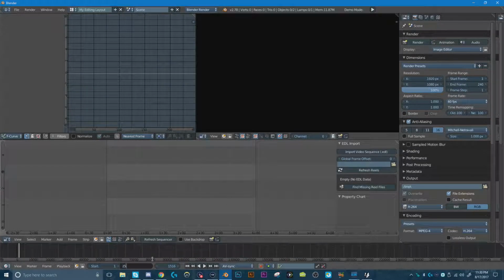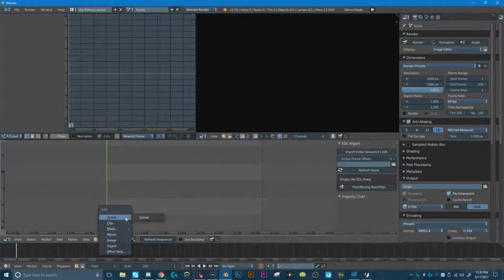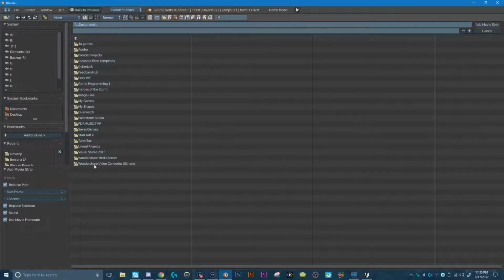Now, in order to import, you'd right-click in the channels, usually. In this case, it doesn't want to. Oh, no, you don't right-click. Excuse me. No, Alt-A will play it. So Shift-A. Yep, you can do Shift-A as the keyboard shortcut and go Movie. Or you can go down to Add Movie. Either way works, and it'll pull out a fairly